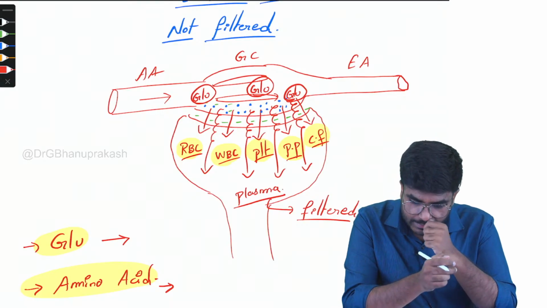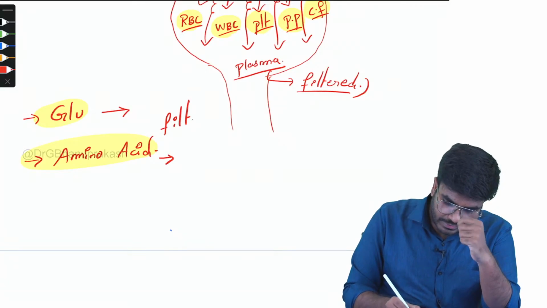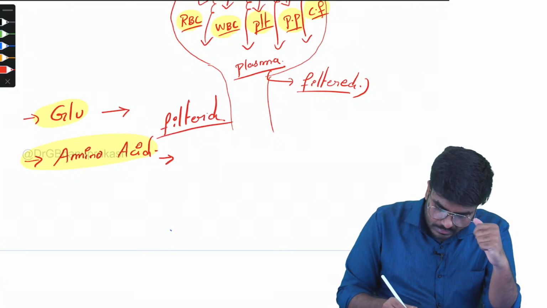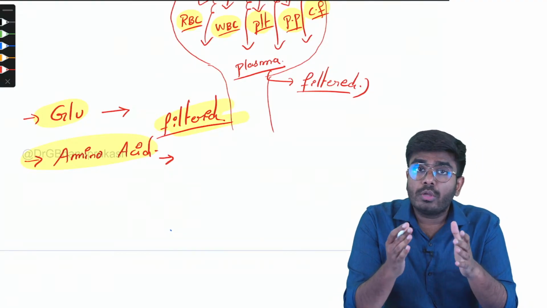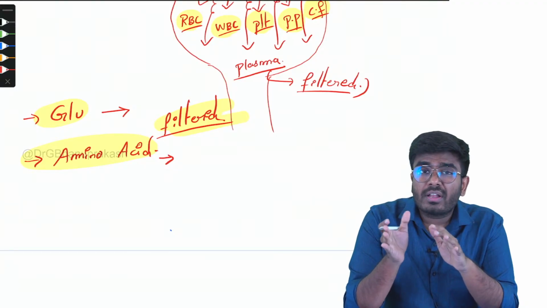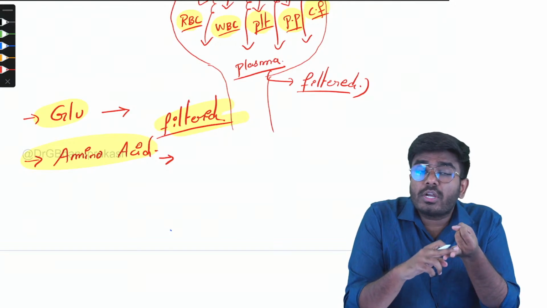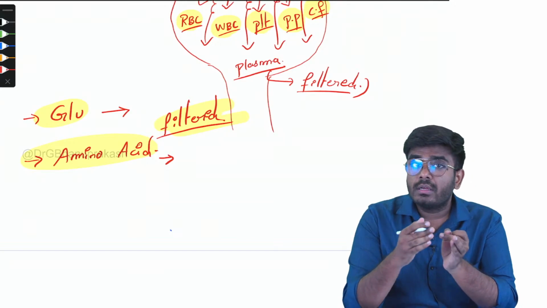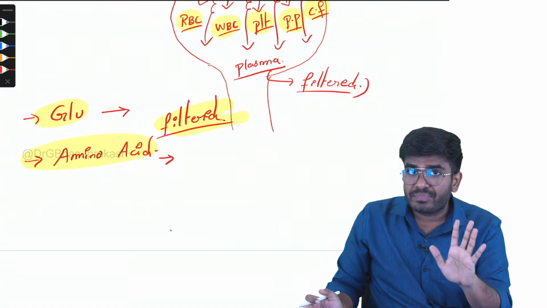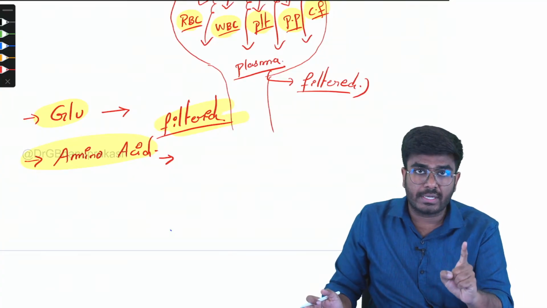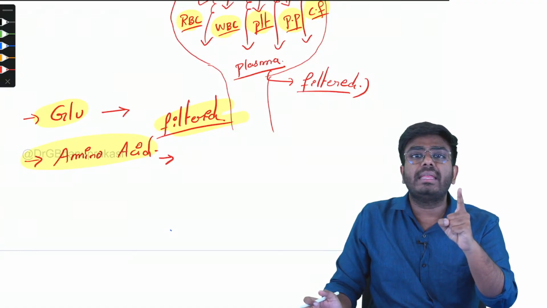Yes, excellent. Glucose will be absolutely filtered. Glucose and amino acids both are filtered. Now you will think like this. As normal first year students, they will think, glucose is very important for the body, amino acids are very important for the body. If they are filtered, then glucosuria will happen, aminoaciduria will happen. They are filtered, but 100% of all glucose molecules and all the amino acid molecules will be completely reabsorbed back